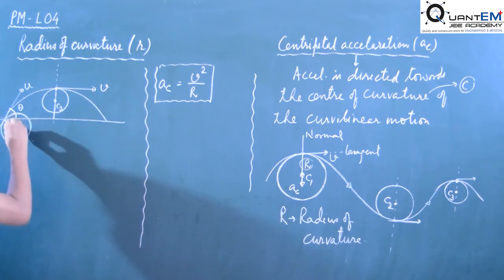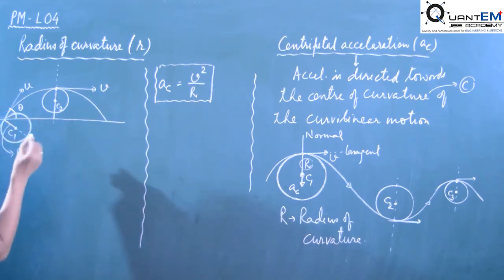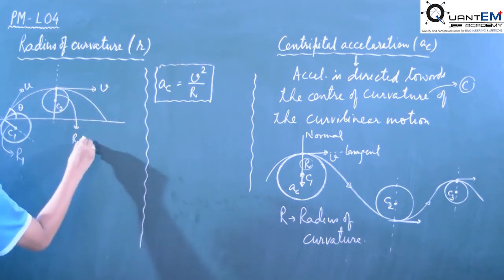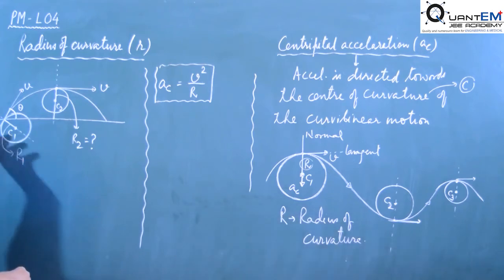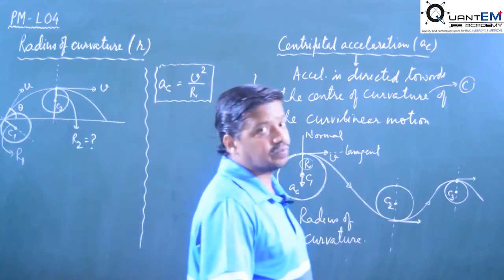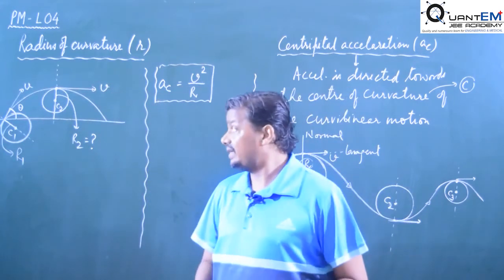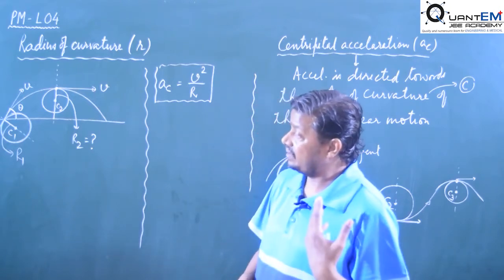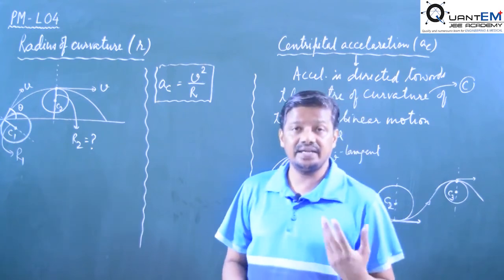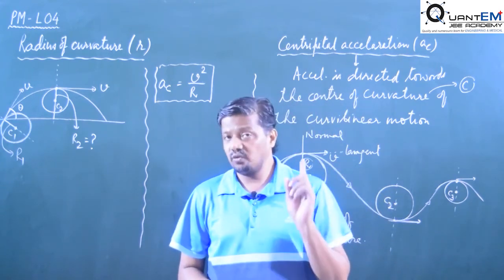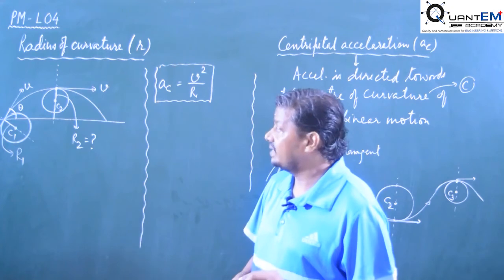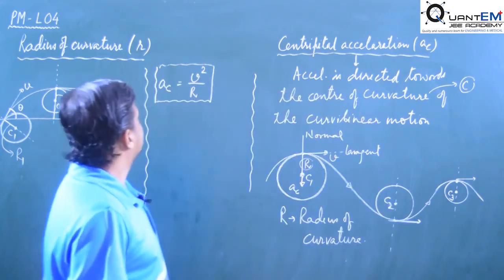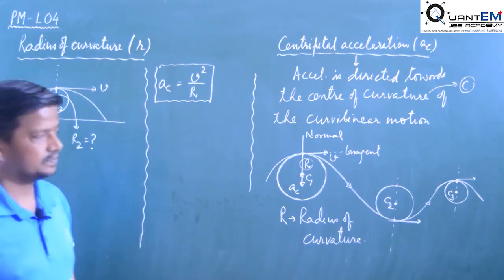So we have to get the radius of curvature r1, and at the maximum height the radius of curvature, suppose, is r2. Similarly, we may have to find the radius of curvature of the projectile after any time t, but initially we have to get it at these points. We will be doing the circular kinematics at that time. We will do one more question, to find the radius of curvature at any time t during motion. Now we come to this part.